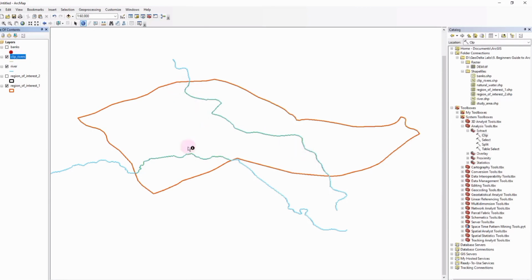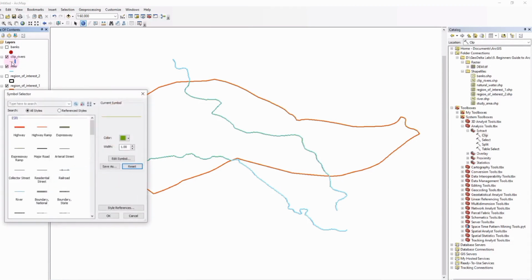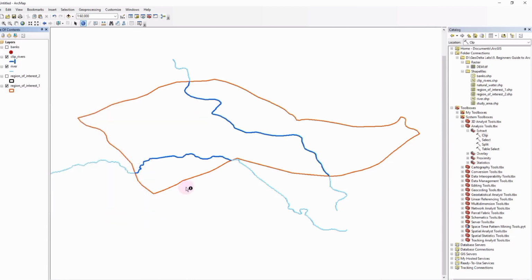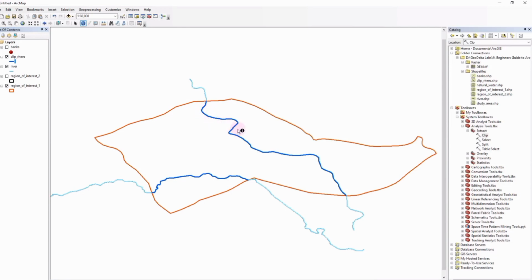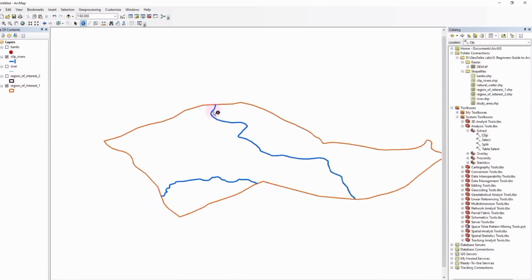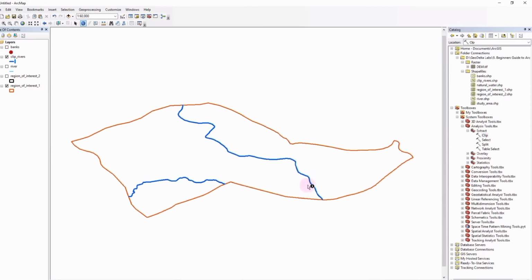Now, it might not be that apparent because the color of this particular layer is something like a light green. So of course I can go ahead and click on that particular icon and maybe change that to dark blue, and maybe I can increase the width to be about 3. And now you can see that we get the stretches of the river, which corresponds to only the boundaries of this region of interest 1. Now if I were to just turn off this main rivers layer, you can see that now we have the rivers until the extent of the boundary of this region of interest 1,